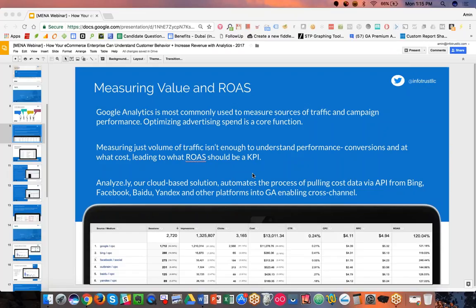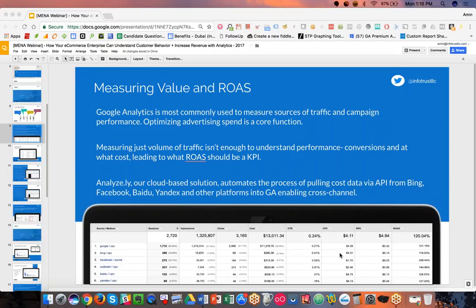So it's important when we suggest looking at acquisition tracking, not to get stuck just with the volume of sessions or users or page views that come from any source of traffic. Of course, that's important in awareness campaigns or if you're starting up to really accumulate volume of customers or build your brand and get noticed. But when it comes down to it, driving value and return is what's going to improve your business and the bottom line.